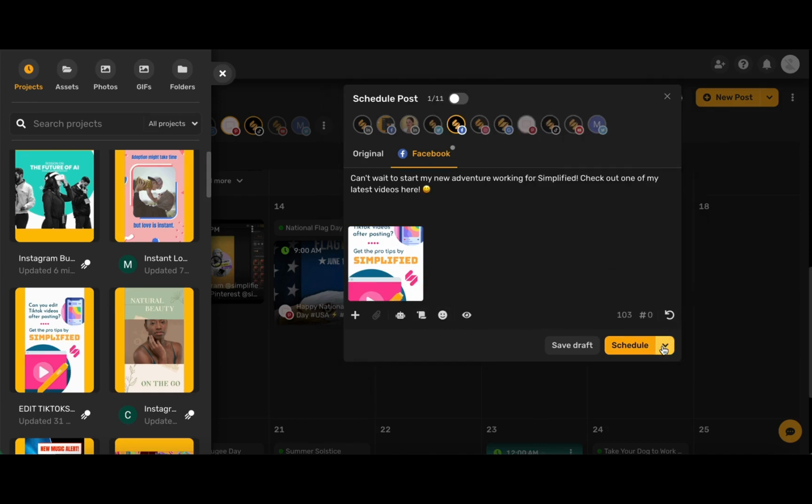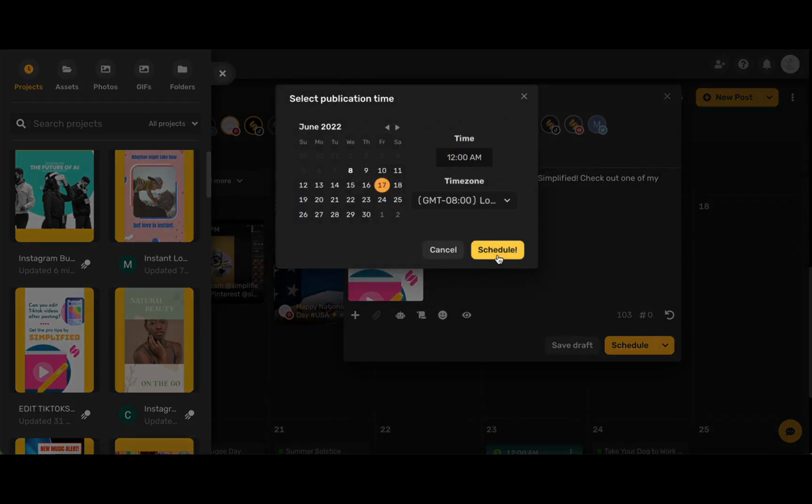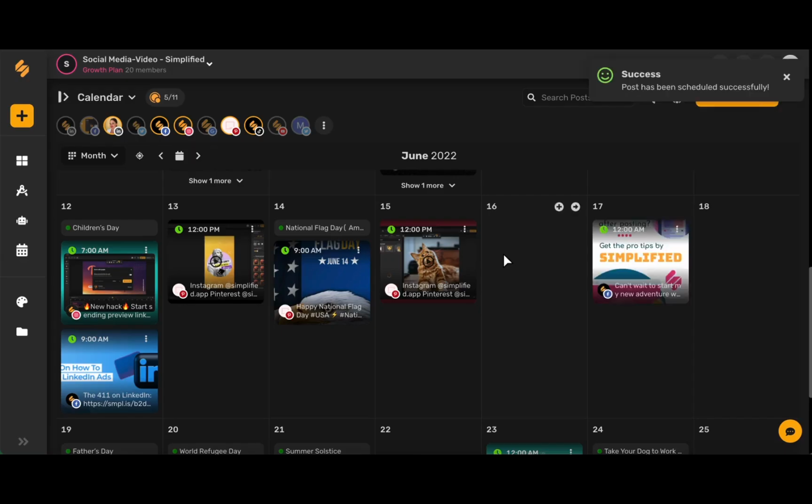Now that we're ready to schedule, we can hit this drop-down menu and publish our post now, add it to our queue to post later, or schedule our post for a specific date or time, and then hit schedule. And there you go! Simplified will do all of the rest of the work